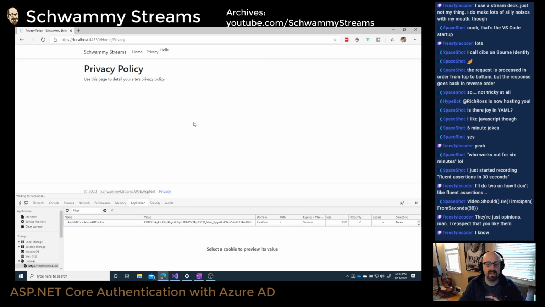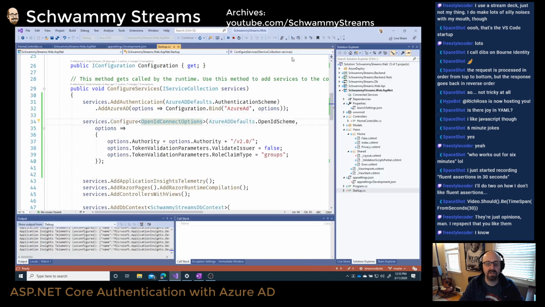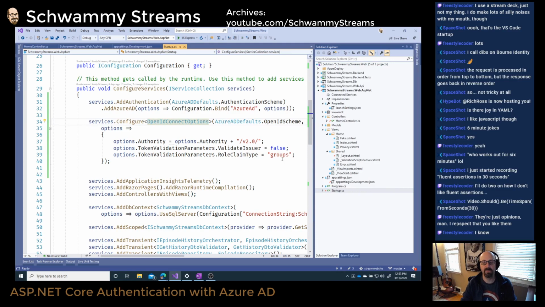And there's actually a way that I think you can change this. But look, now I'm in. Now I'm in because it had that security group, and it turned it into a claim, and it turned it into a role claim for me, with just a couple lines of code to wire up. Now, what I need to figure out is how do I get,